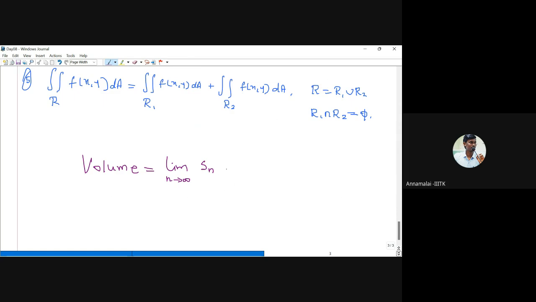Actually, suppose R is bounded, then the double integral over R of f(x, y) dA, we can simply write as the integral from a to b, the integral from c to d of f(x, y). Since this limit is for y, first you write dy and then dx. So dy dx. If you know the bounds of the region, you can simply write this limit on this interval. Okay. This is the meaning